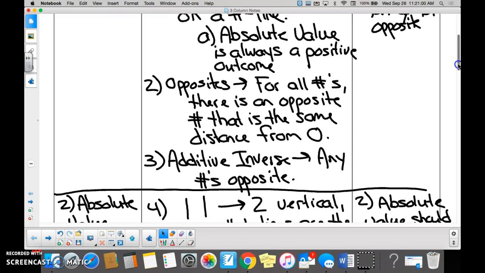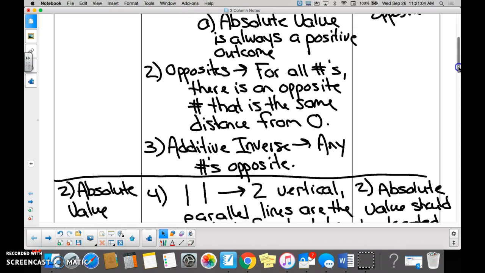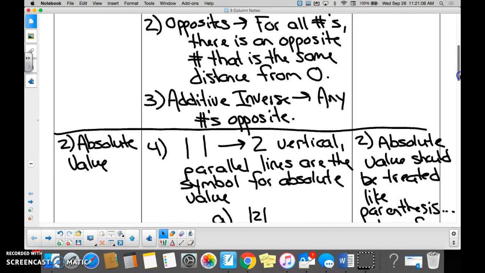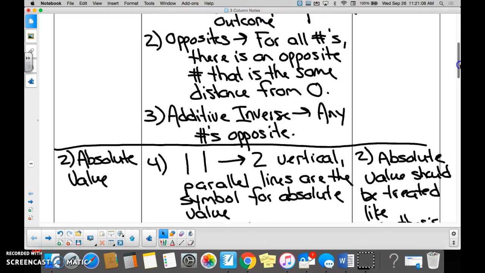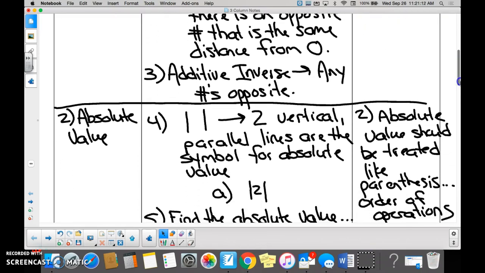Remember Ankur and I talking about how far apart we are? We're not negative 8 feet apart. We're 8 feet apart always, no matter which way we're looking at it. Then additive inverse is just a fancy word for opposite. Any number has an opposite. So when we go down to absolute value here, we know the symbol for absolute value